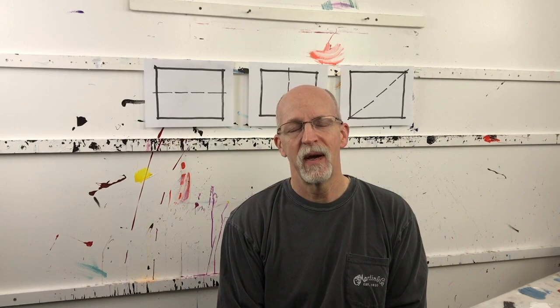So something's going to be more interesting for the viewer so that they're more likely, if you sell your artwork, to buy it and be interested in what you do in your painting. And this tyranny of symmetry applies no matter what kind of composition you're doing, whether it's painting, or knitting, or woodworking, or whatever it is. An asymmetrical composition is always going to be more interesting and provide more movement to the eyes of the viewer